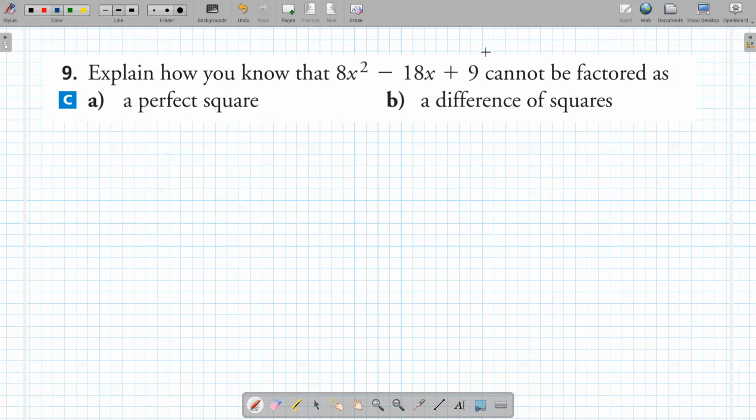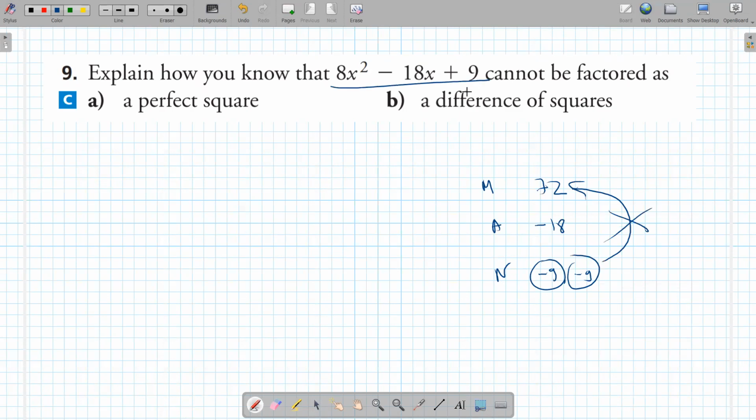Now, if you check here, this is going to multiply to what's 8 times 9? 72. 72, right? And it adds up to negative 18. You'd expect the numbers to be negative 9, negative 9. But are they negative 9, negative 9? No, because it doesn't multiply to 72. So that's how we know this thing is not a perfect square. Even if you factor it, it won't be a perfect square, okay? You don't have to factor it, but